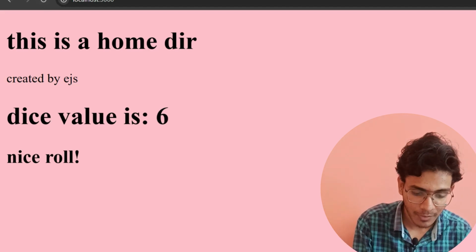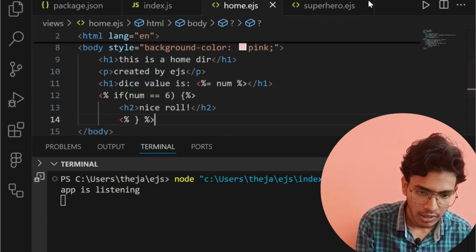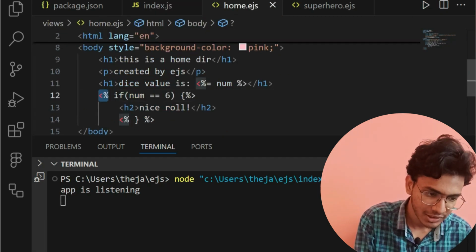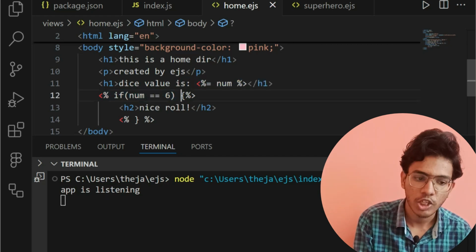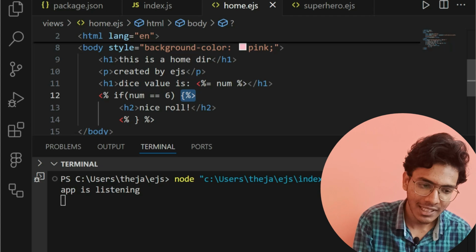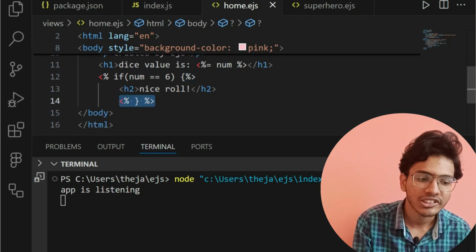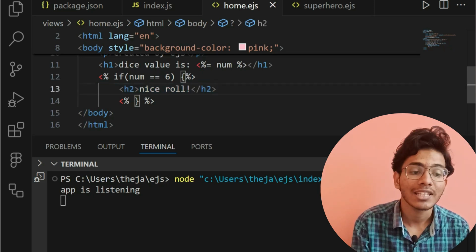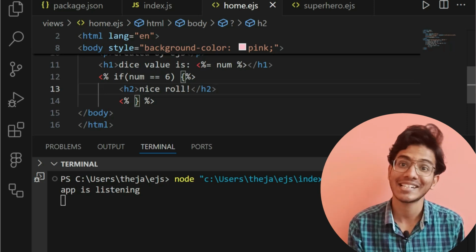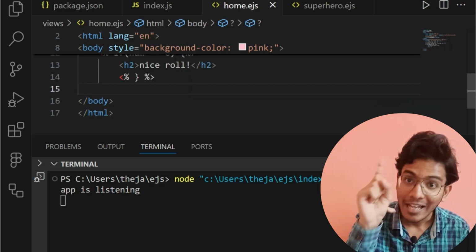So to write an if statement, first of all we have to write this line. After this, inside I will write my if condition, opening curly brackets and percentage greater than symbol, and this line, and inside this whatever I want to show, I can show to my user. Like this we can also add our conditional statements, and along with conditional statements I can also add looping statements